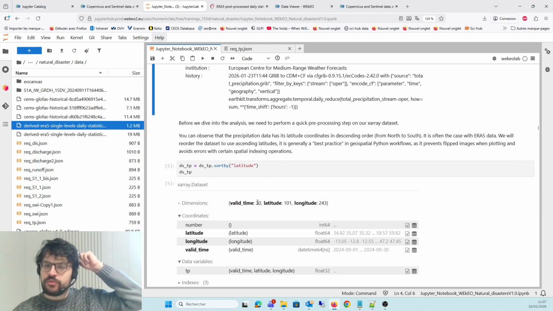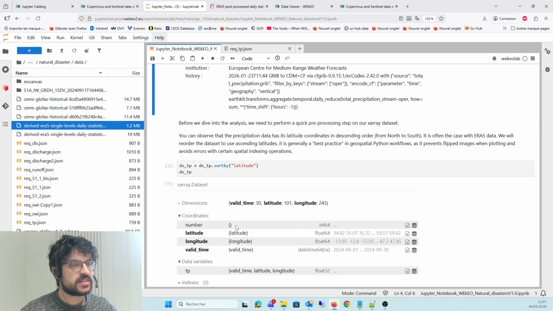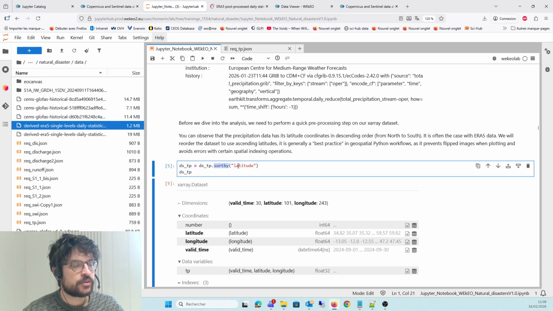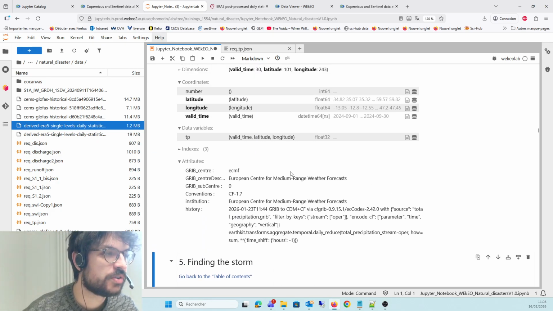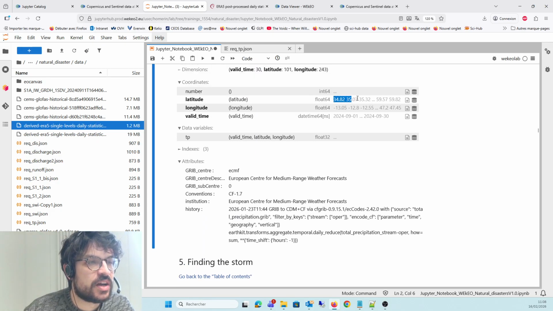It's usually not very practical in Python to manipulate datasets that have latitudes sorted like this. We want them in increasing order, so using the sortby function of xarray, we are just going to resort the latitude coordinate, so it is now in increasing order, as you can see here.